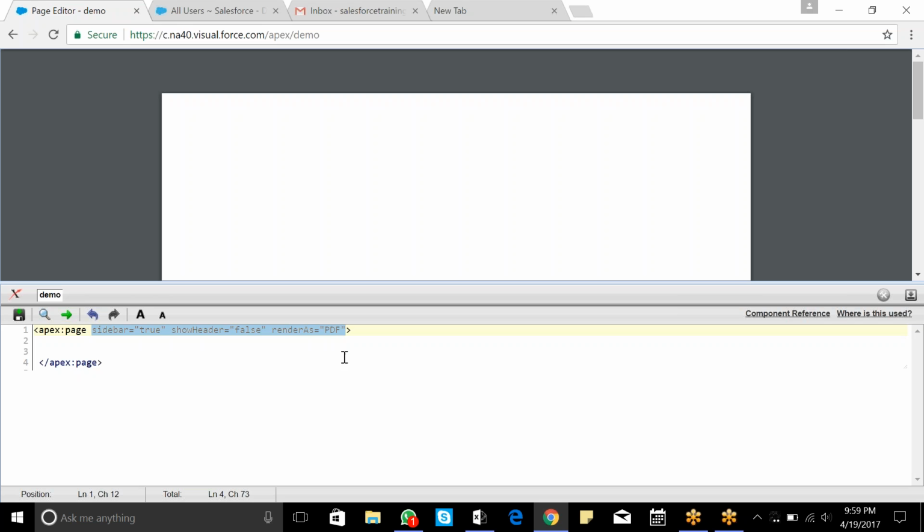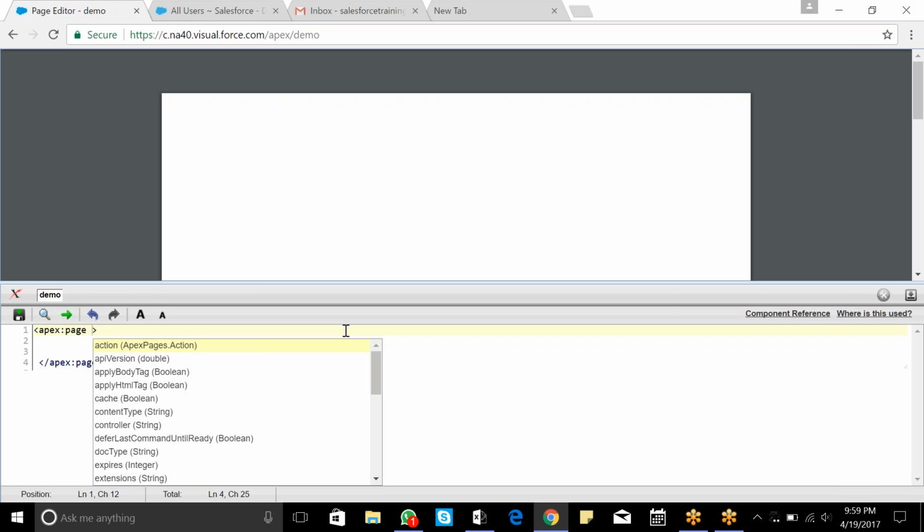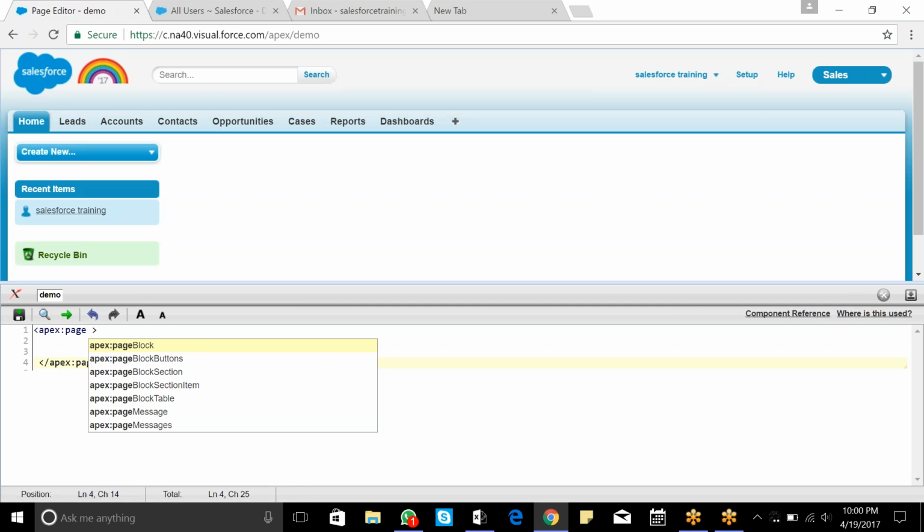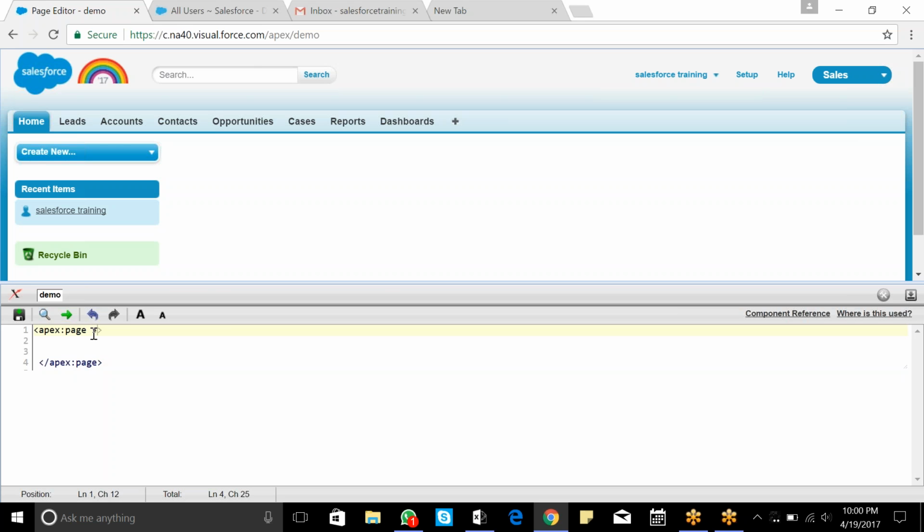Attributes like this. And one more thing, for the standard controller, what will we use here, guys? There is an attribute named standardController. I told you there are two types of controllers. The first one is the standard controller, the second one is a custom controller. The standard controller's attribute name is standardController only, whereas the custom controller's attribute name is just controller, guys. Okay? So if you want a standard controller,